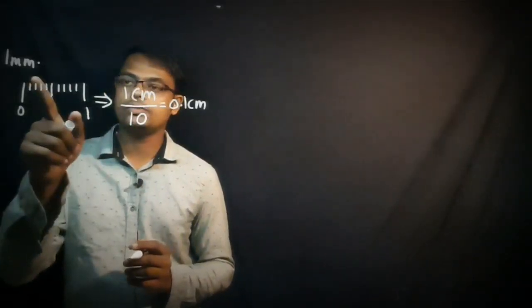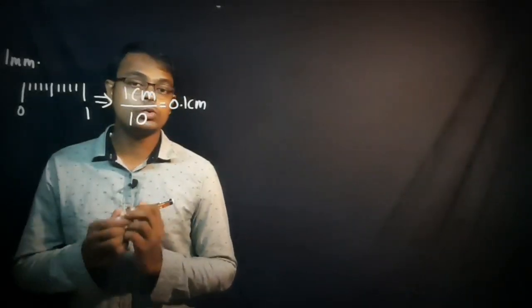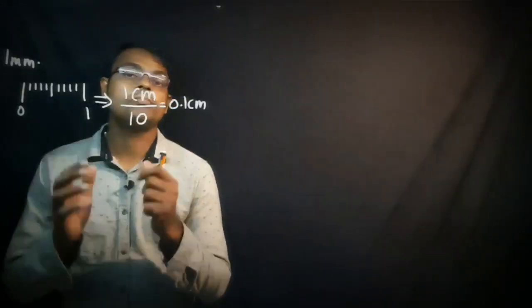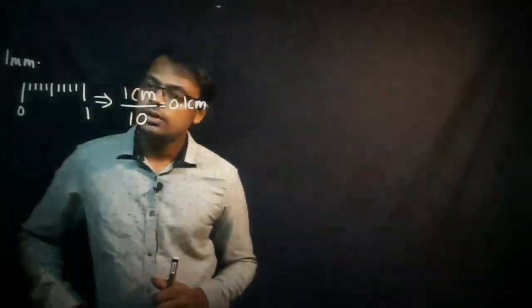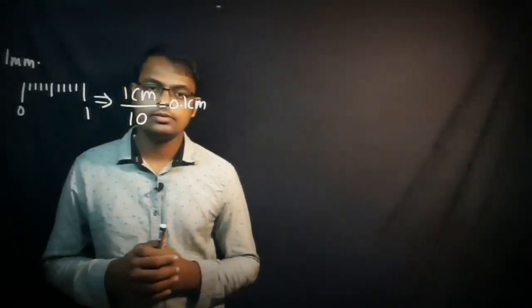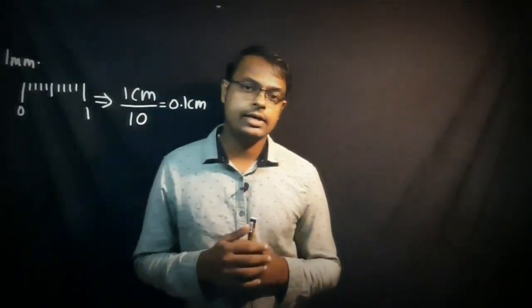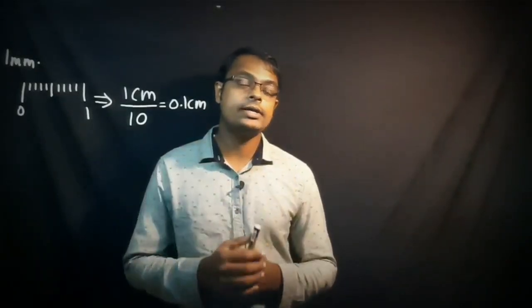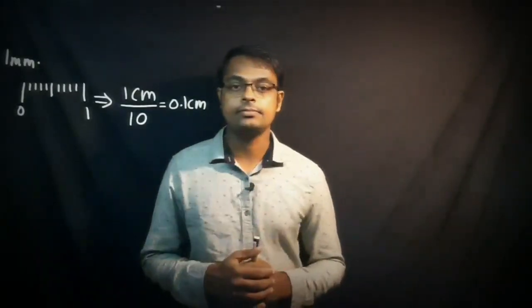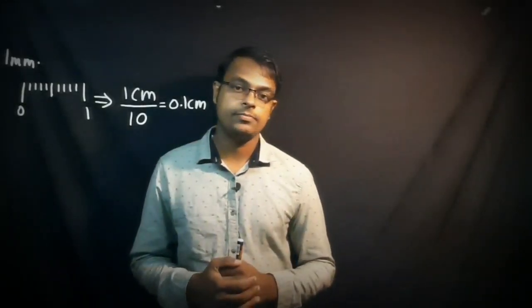That is the value given there, about 1 millimeter. So what is the least count of your ruler? That is equal to 1 millimeter. Okay. Now look at the next example. If you take another instrument, your protractor, what is the minimum value that can be measured using your protractor? You can see 1 degree is the least value that can be measured.